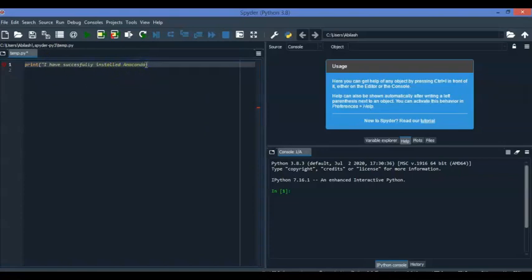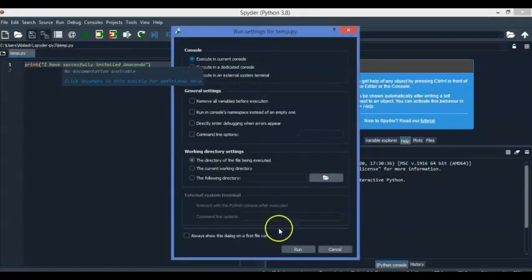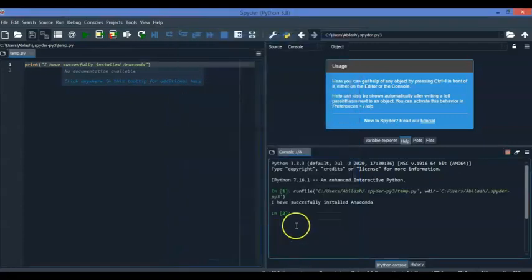Let me format it correctly. Alright, the quotation mark, yeah, let me fix it. Yeah, so click on the play button. Yes, click on Run. Now on the right side you can see I have successfully, so the print statement is getting printed, which means that your installation is perfectly fine.